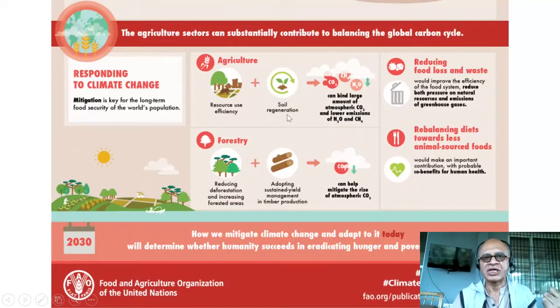Soil regeneration can increase soil nutrient uptake, soil carbon uptake, soil moisture retention, and together they can bind a large amount of atmospheric CO2 and lower the emissions of nitrous oxide and methane, which are much stronger as greenhouse gases than CO2, right? In terms of forestry, reducing deforestation and increasing forested area, adopting sustained yield management in timber production,